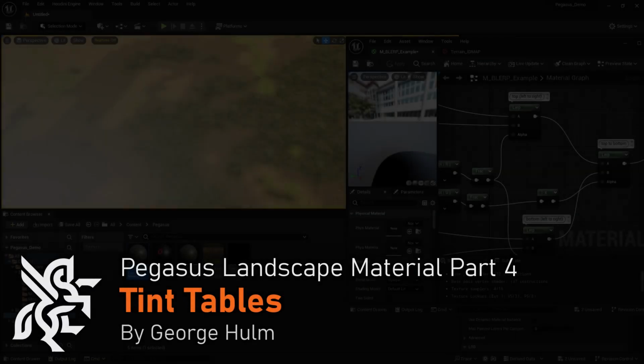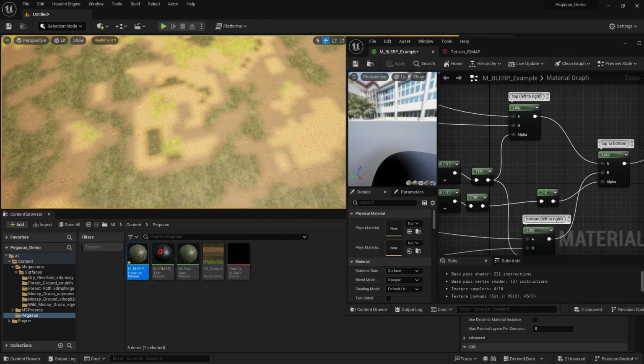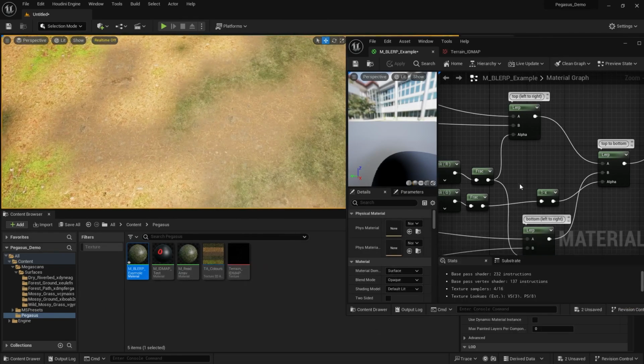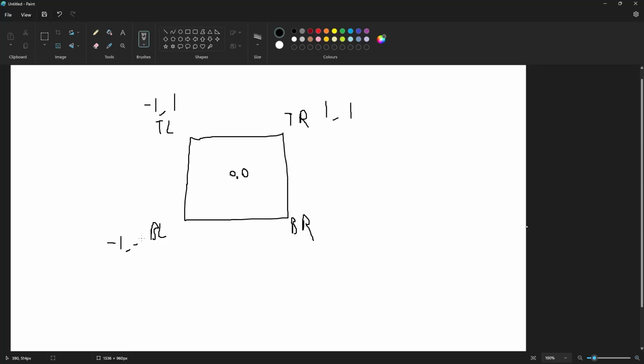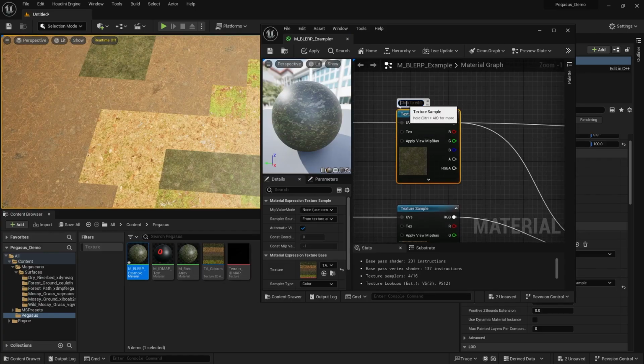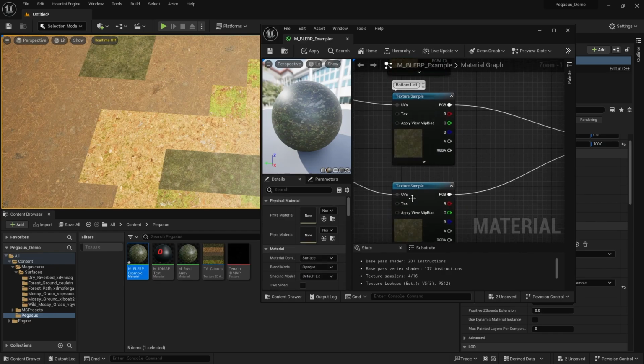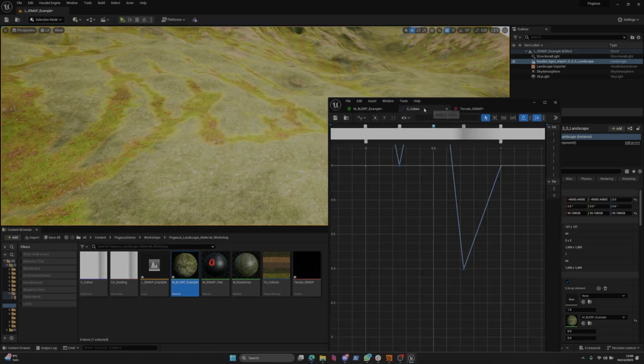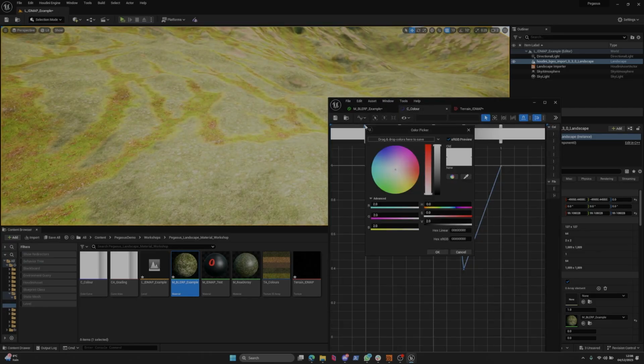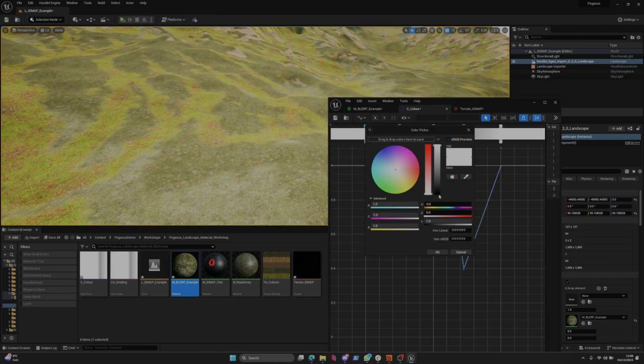So in this video, we're going to pick up where we left off. In the last video, we looked at the bilinear blending, so how to get rid of that bit-like appearance between the layers and have nice smooth transitions between all of the layers. In today's video, we're going to look at how we can modulate the color of each of these layers inside of Unreal in order to create an appearance that feels more connected, homogeneous, and looks good